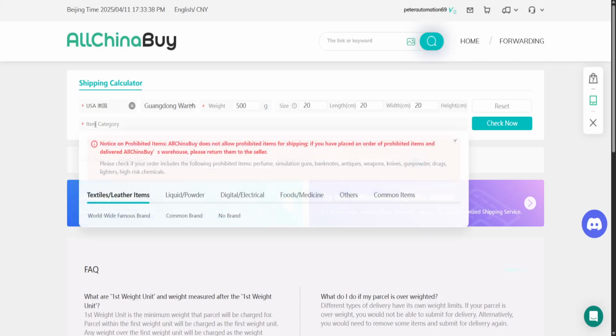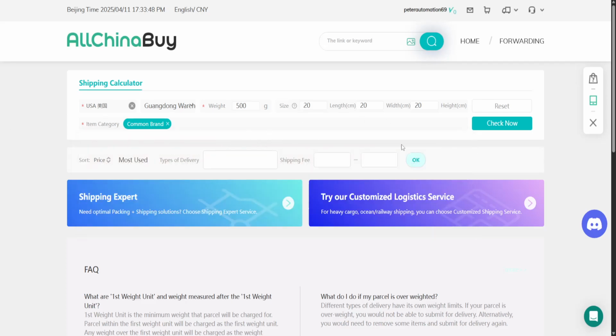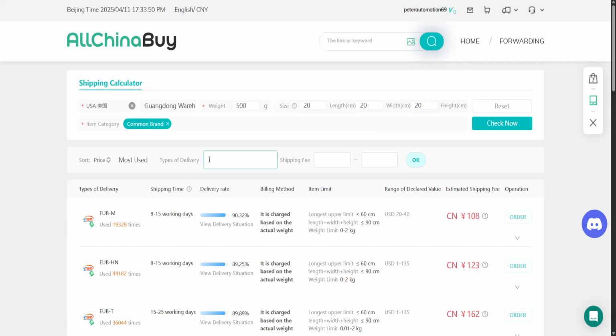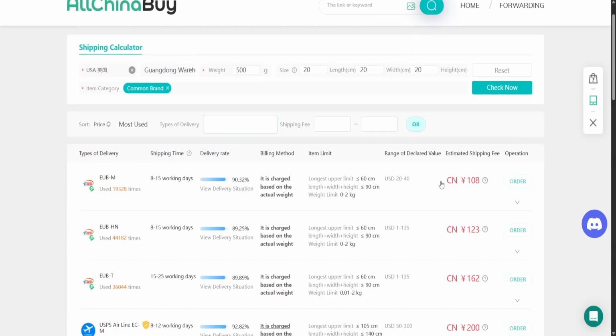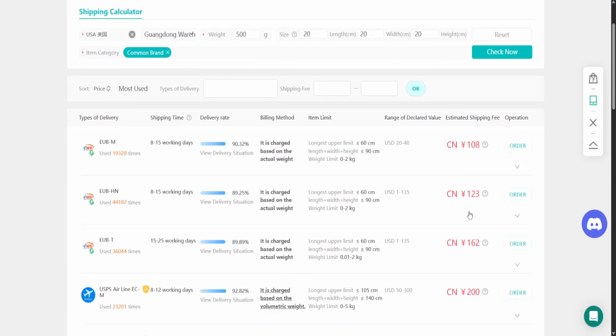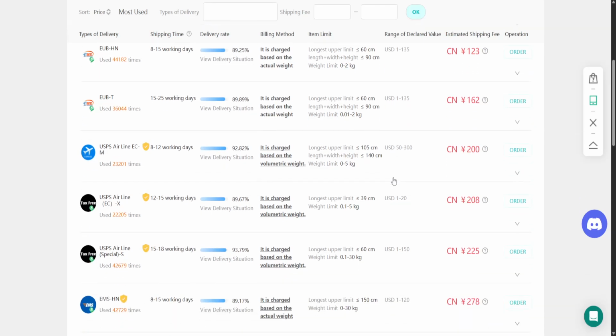And the item category here, you will need to choose what type of item you will be shipping. So let's do textile leather items, and it's going to be a common brand. So after you have filled out all of this information, you can click on check now, and it's going to calculate how much the shipping fee will be. So here you can see it's 108, and you can choose the appropriate